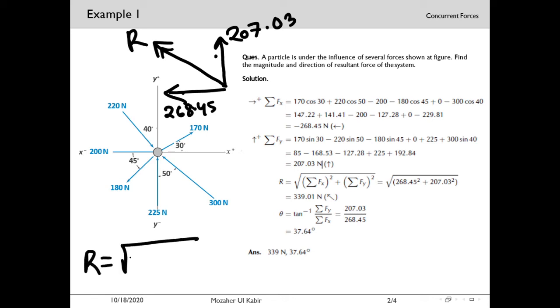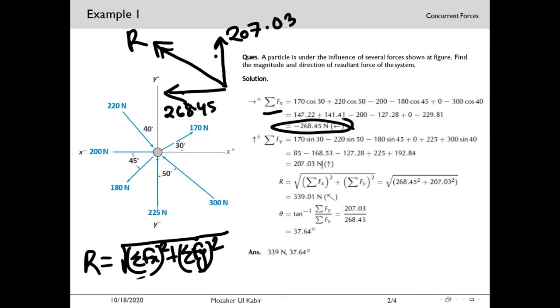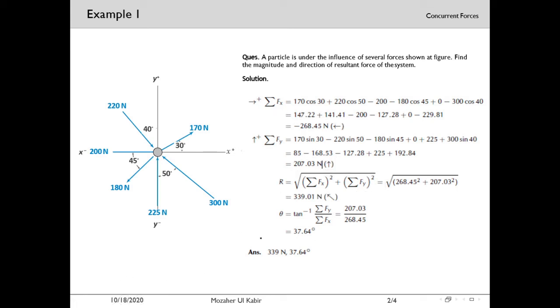the value of this resultant force R will be equal to root over summation of f of x square plus summation of f of y square. We have already calculated the value of summation of f of x, which is this one, and summation of f of y, which is 207.03 Newton. So now plugging the values over here, we will get the value as